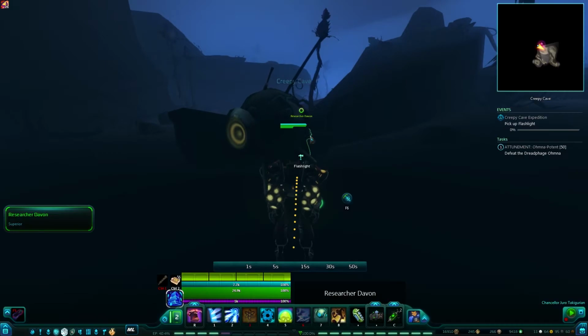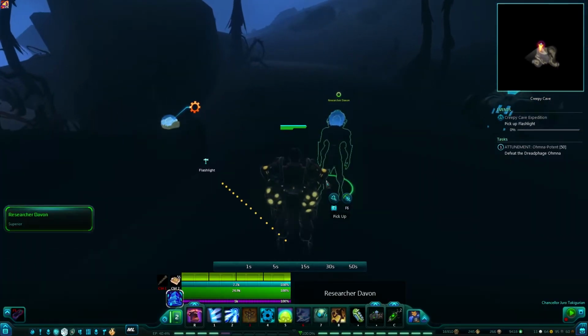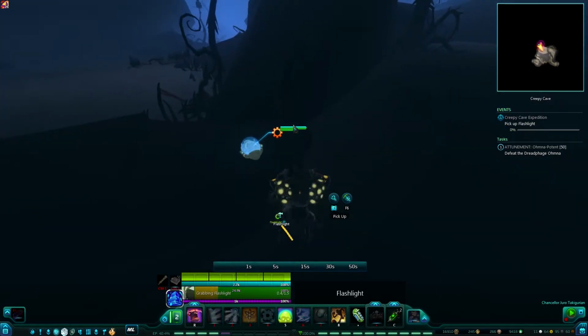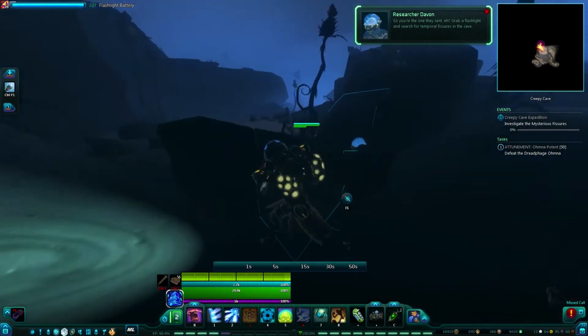some other mobs that'll spawn that you won't realize. So it's not hard, but there can be a little bit of damage that you might not be prepared for. So you just want to have something on your bar like a heal, and then once you get done with